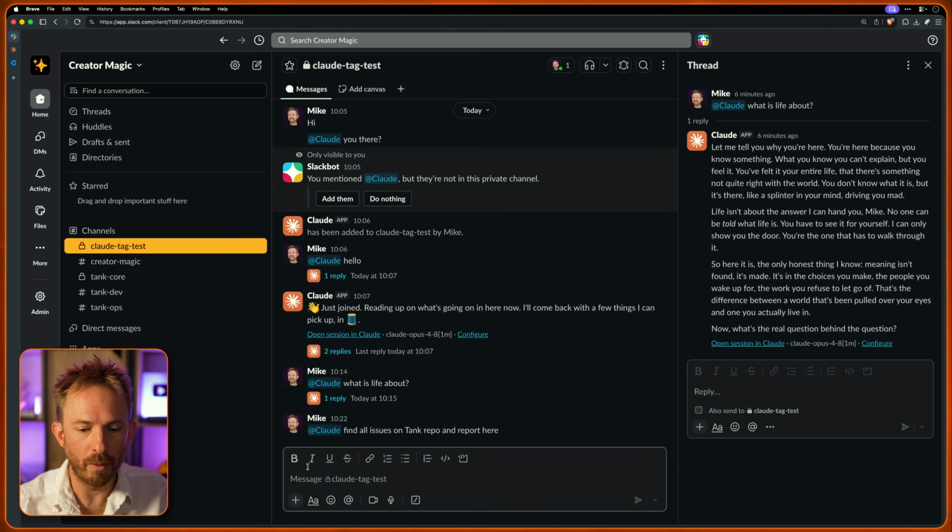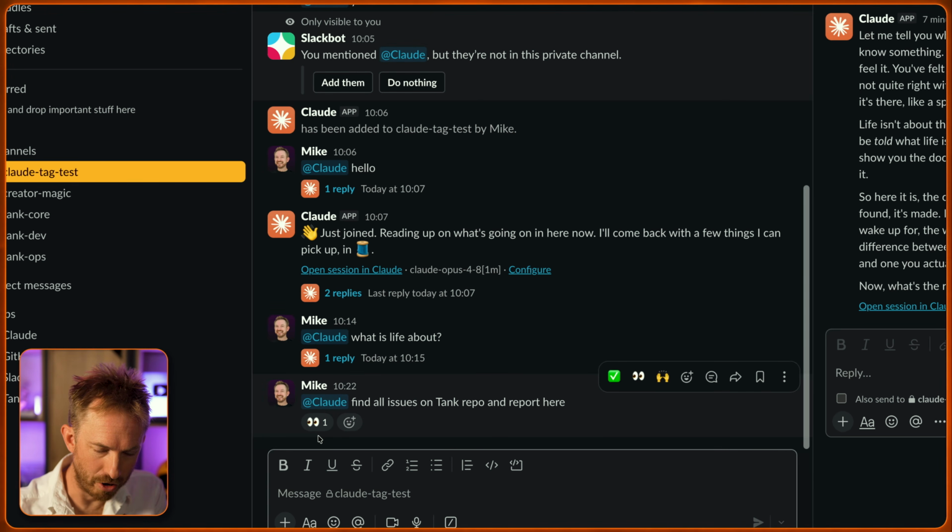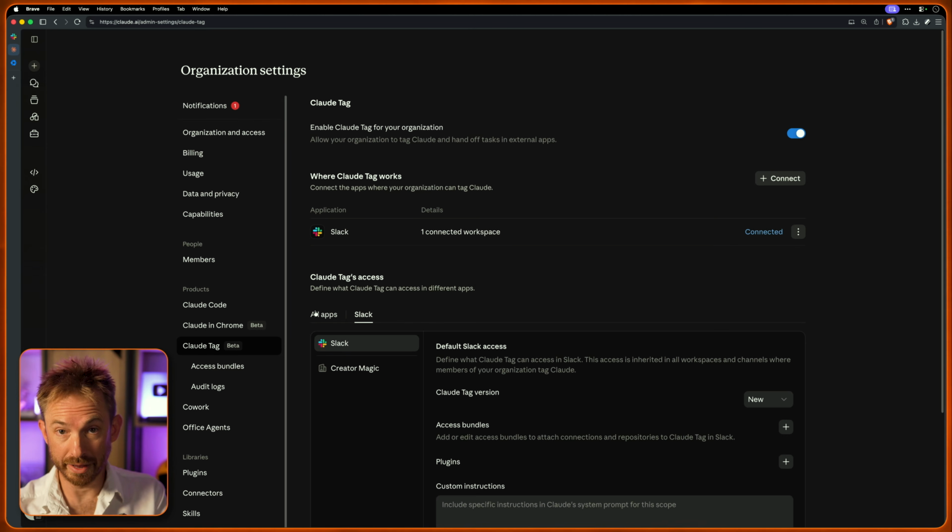And then Claude will go out and obviously do its thing, connecting to the Git organization and looking at the repo to bring me the latest information. Again, it drops an eyes emoji just to say it's on the case, so very soon I'll have the report back. Now, while that's going on, back over here in the Claude organization settings, you'll see under audit logs,